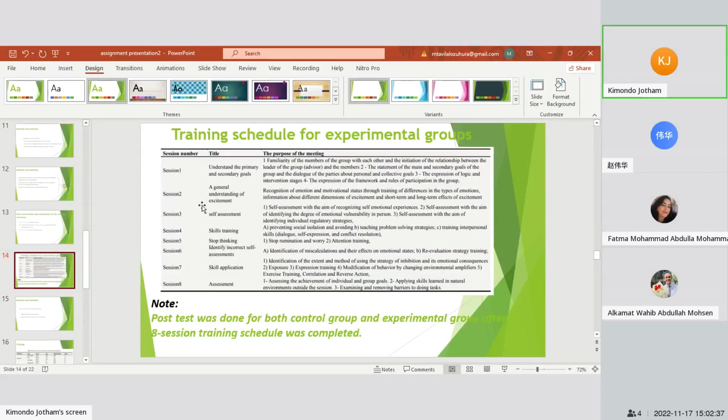So this was the training where the experimental group attended. As you can see in the title, the first training was understanding the primary and secondary goals, and the second session, a general understanding of the assignment. The purpose of that training was that the subjects were trained to be aware of the recognition of emotions, and